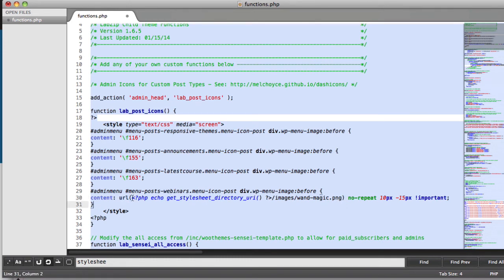Now, here's a cool little snip of PHP. Whenever we are using a child theme, we can access the directory of the active child theme with this snippet of PHP. So put this one in your little toolkit. We are going to say PHP echo and then reference a function built into WordPress called get_stylesheet_directory_uri. The difference between using the child theme and using a parent theme would be that we wouldn't say get_stylesheet_directory, we would say get_template_directory_uri if we were in a parent situation. But since we're in a child theme, we say get_stylesheet_directory_uri,